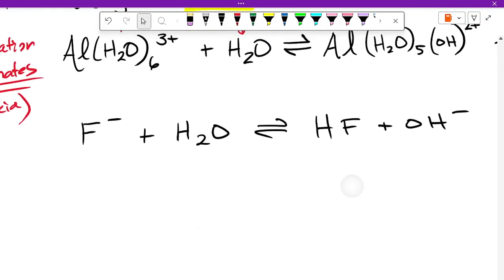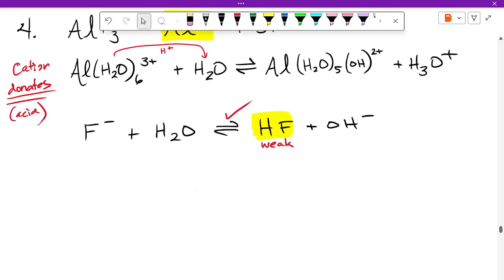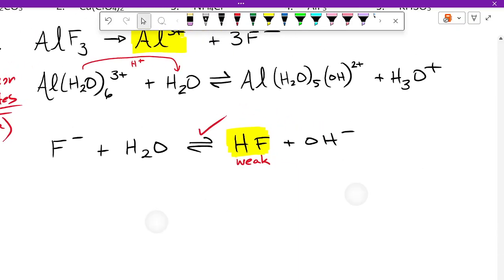How do I tell if fluoride actually hydrolyzes? It produces a weak acid, and therefore, yes, this happens. So we have now made H3O+. We've now made OH-. How do we tell which one is more? We compare the Ka and the Kb. So the Ka